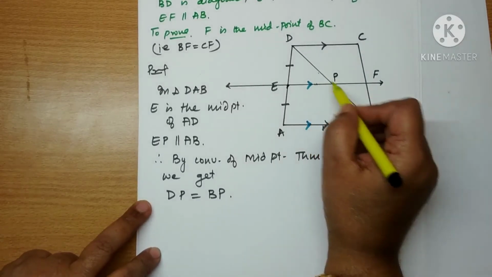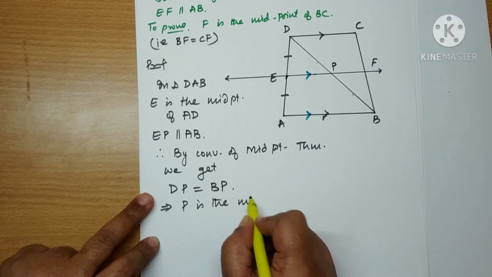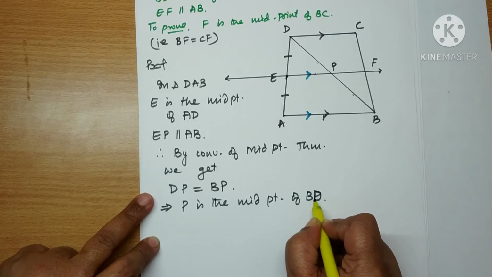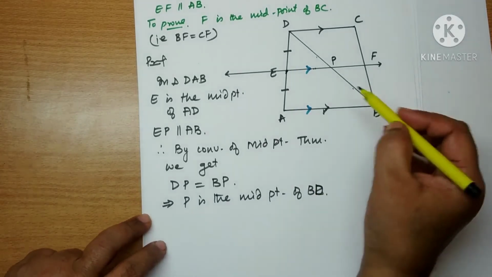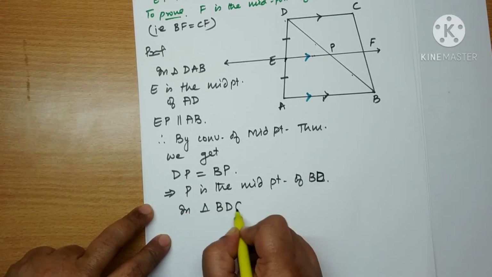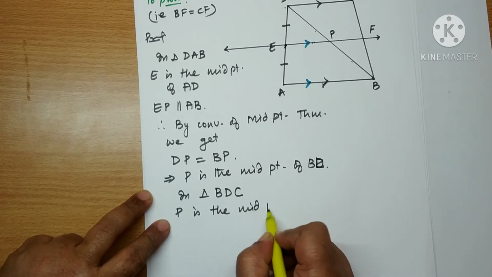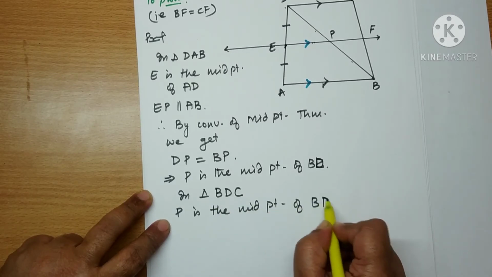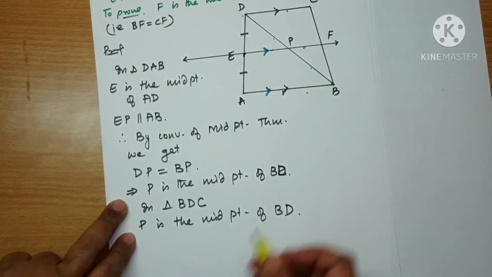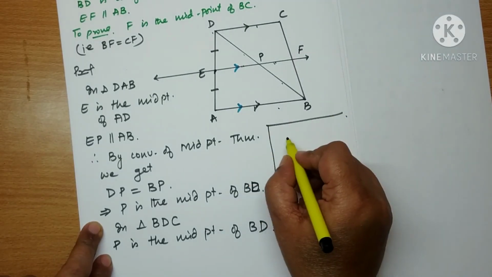Good. Now DP is equal to BP implies what? P is the midpoint of BD. Right? Now in triangle BDC, I have P is the midpoint of BD. I should have the line parallel to this, but this line is parallel to AB. So let us prove it parallel to this also. We have, let's write down here, we have